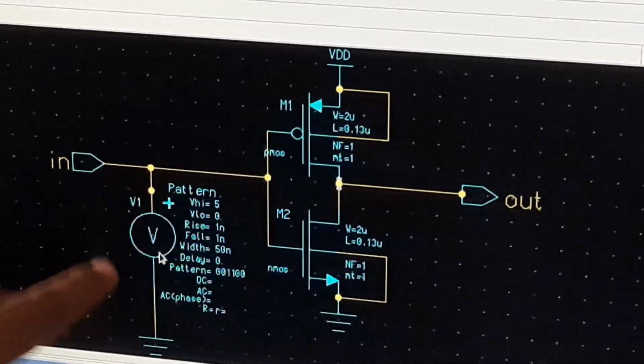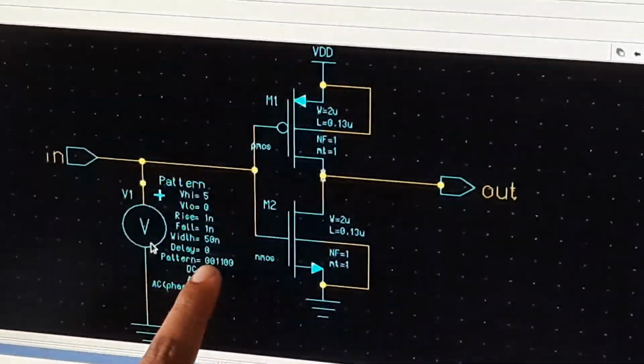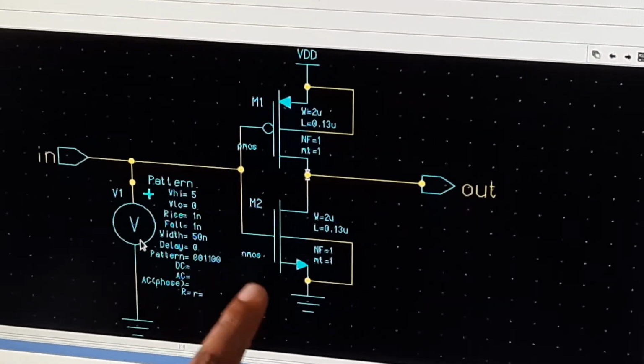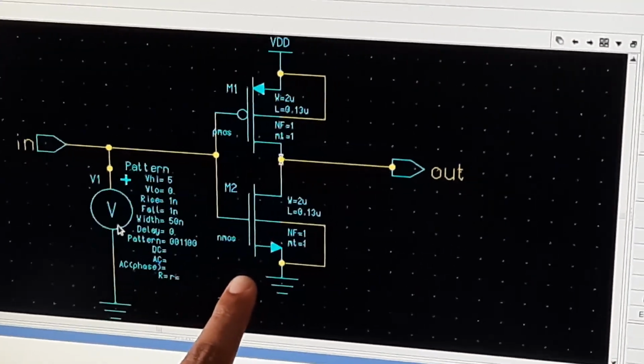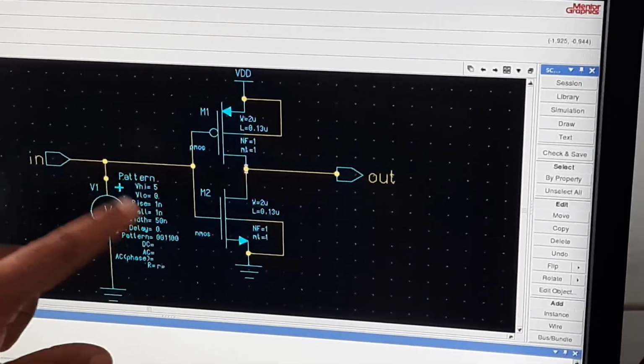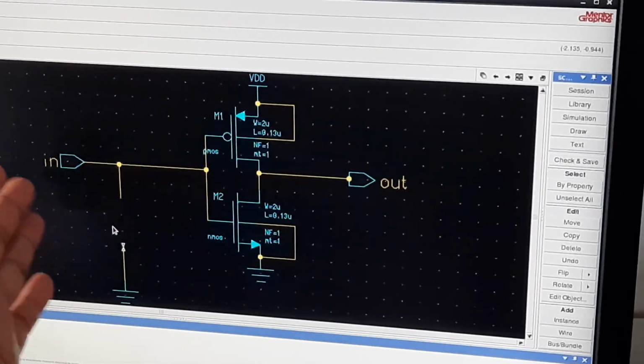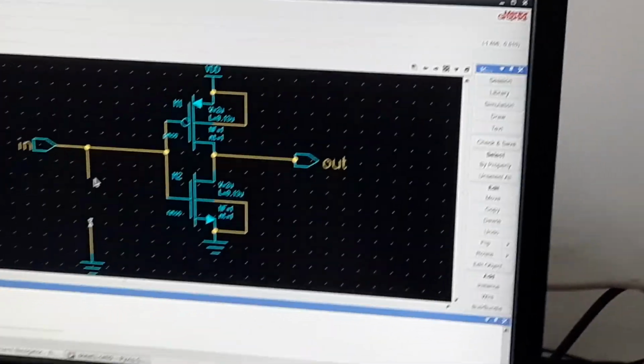But here this signal is a pattern. This is your pattern: 0, 0, 1, 1, 0, 0. Now we change this input signal into a DC signal. It is very easy.